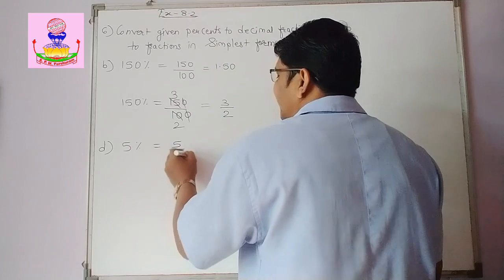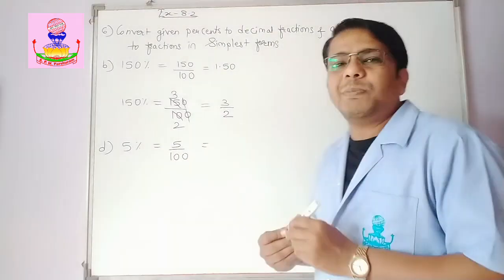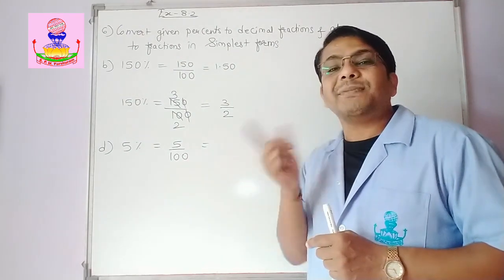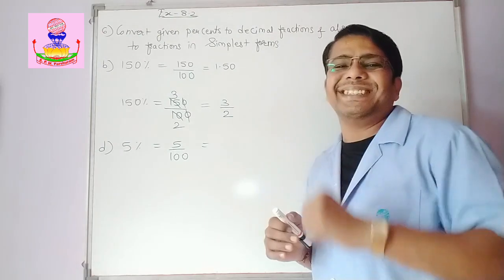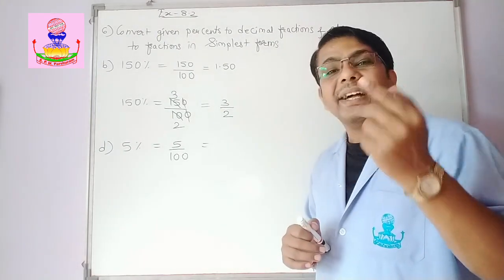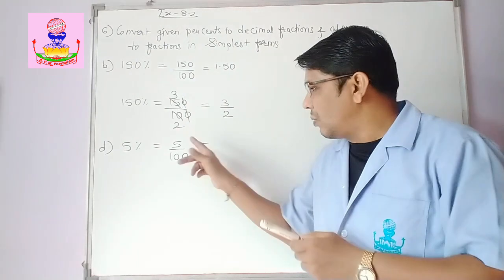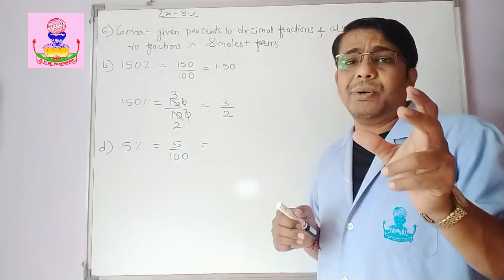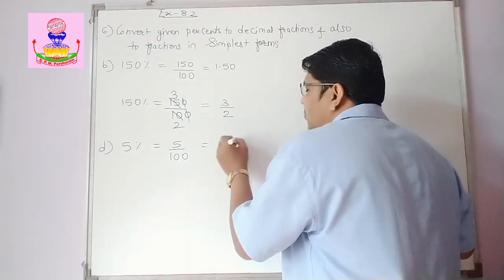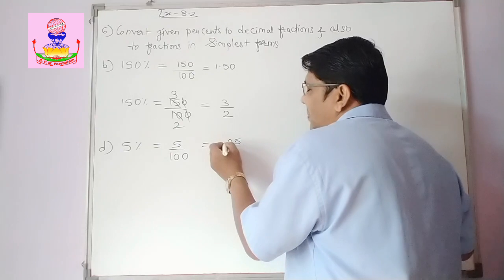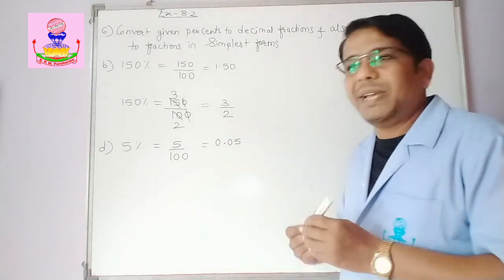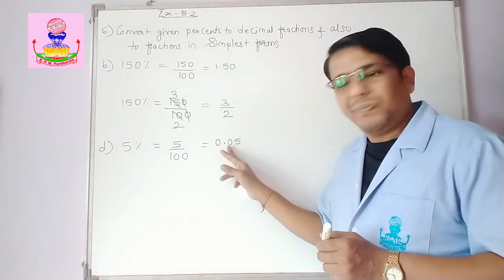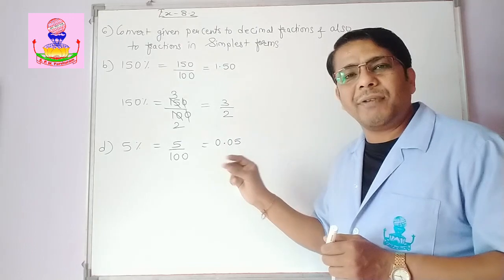Okay. Now next example, that is D, 5%. Now 5% means what? 5 upon 100. So give the decimal point. In the denominator there is 100, so 2 zeros. So the decimal point should be after how many digits? Yes, after 2 digits, that too from the right-hand side towards the left-hand side. Oh, there is no digit, there is only 1 digit. So take 0. So it will be 05.